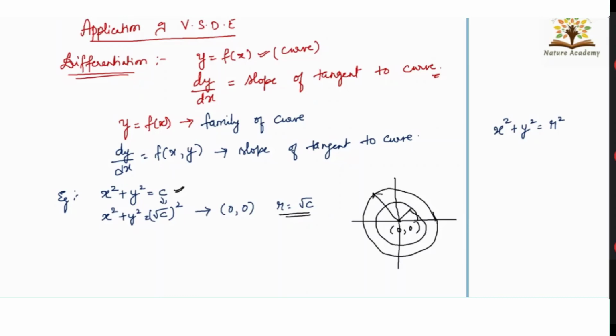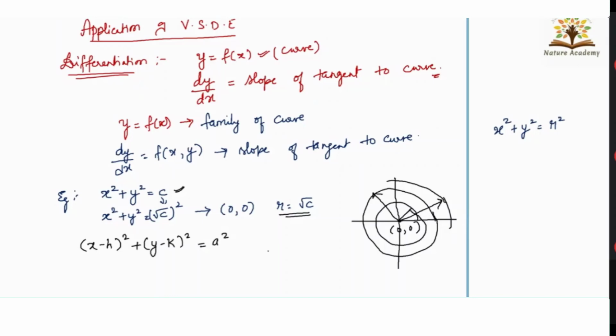If I draw one more circle, one more radius, it may be here if I draw it like this. So you can say that x square plus y square is equal to c will represent a family of circles. Now one more scenario can be there. If you have x minus h whole square plus y minus k whole square is equal to a square, then this equation will also represent a family of curves, but the circles in this family will have the same radius and this time the center of each circle will be different.